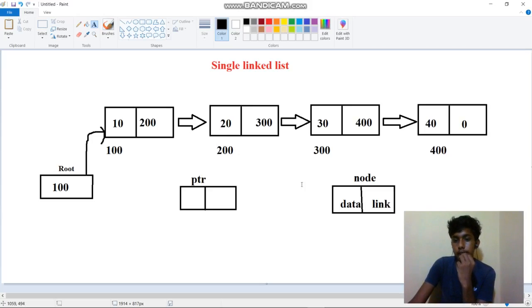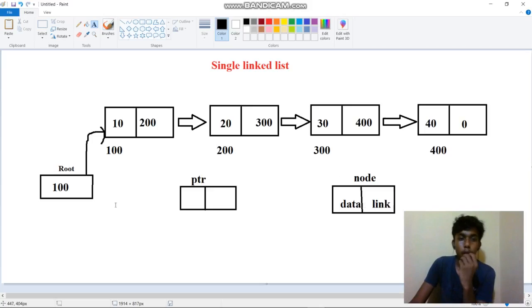So first let us see what is meant by a node, then only we can understand how we are using this node in a single linked list. A node is a rectangular box that contains one data and a link path. The data is what we give, and the link is the address that stores the address of the next element. So the node contains one data and the next element address.